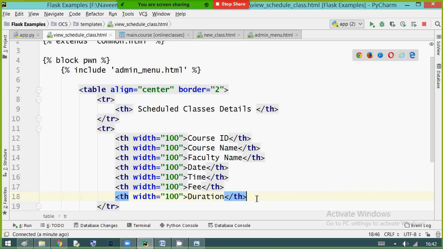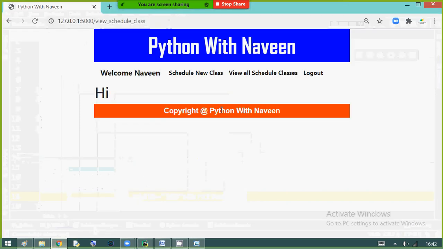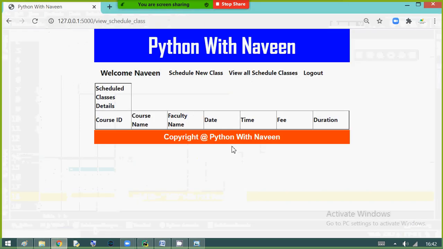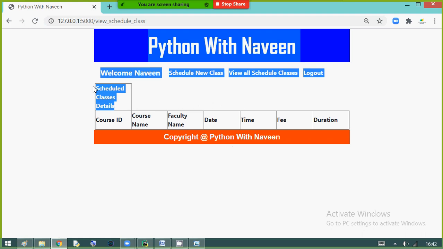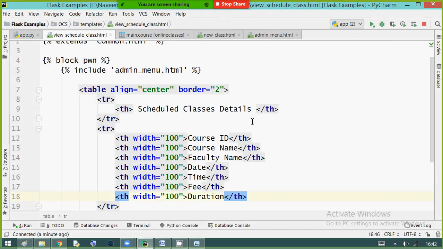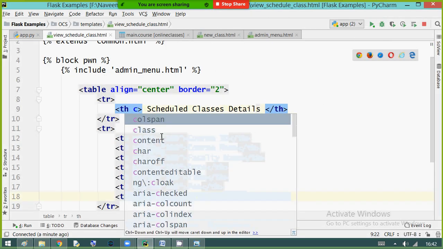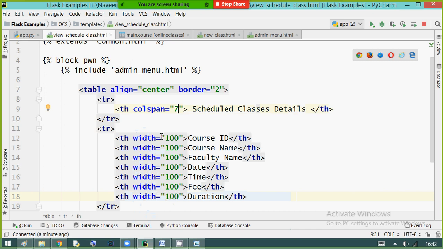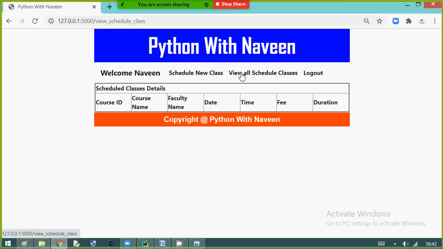So let me have a look at the output. It looks like this. Yes, the first column needs to occupy 1, 2, 3, 4, 5, 6, 7, 7 column space. So to this I am providing colspan as 7. When you apply colspan as 7, it will occupy 7 columns.